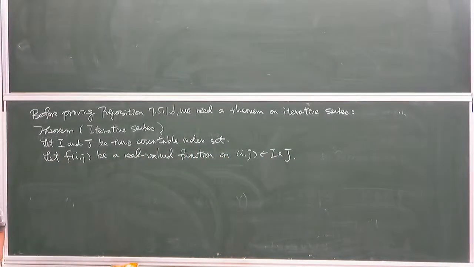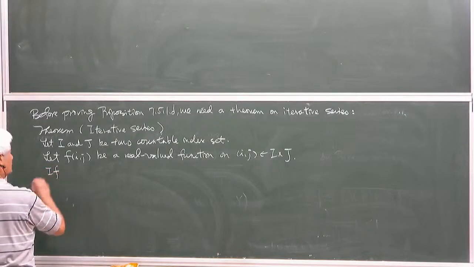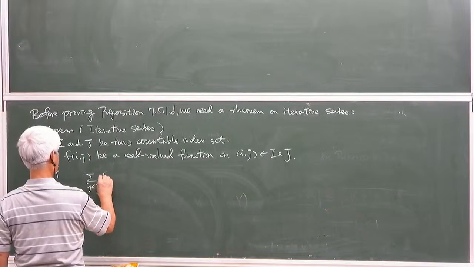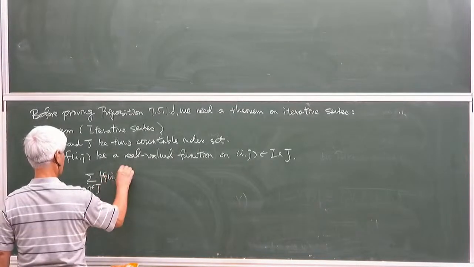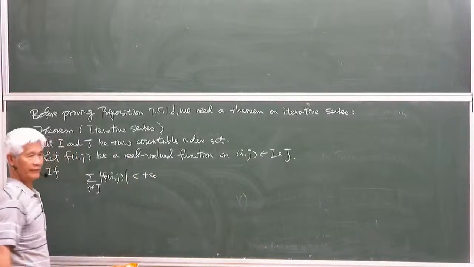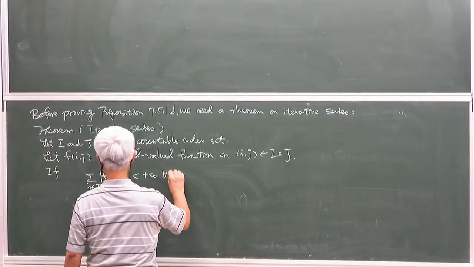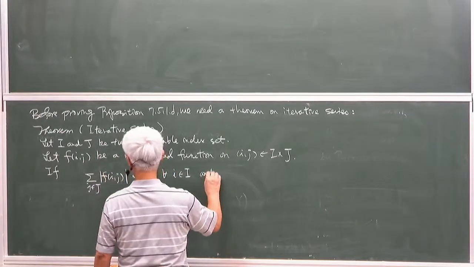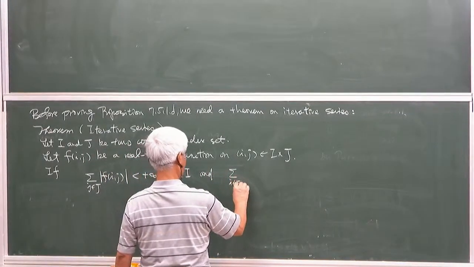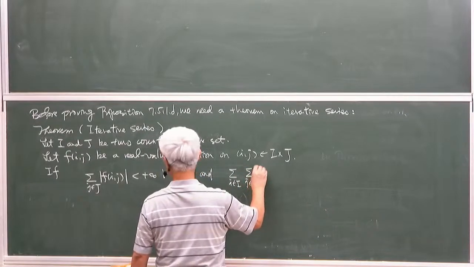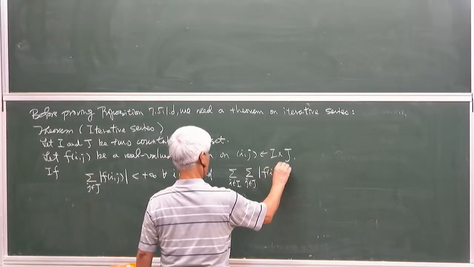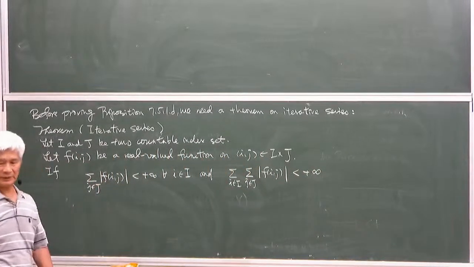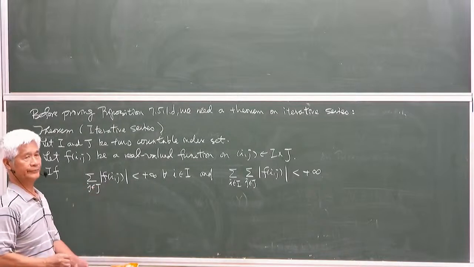If the summation over J of |f_ij| is finite for all i, and the summation over I of these is also finite, so if we have these conditions, then